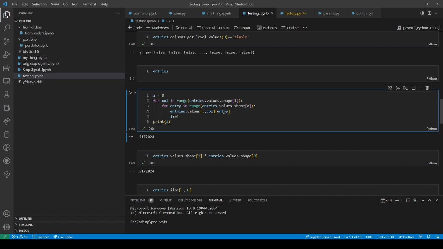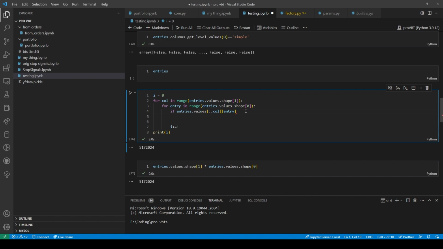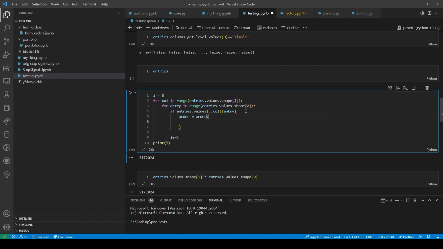And so inside of here, it would be like if this is true, then you have to do order equals order, and then here you do, holy shit, where would you put this for loop?